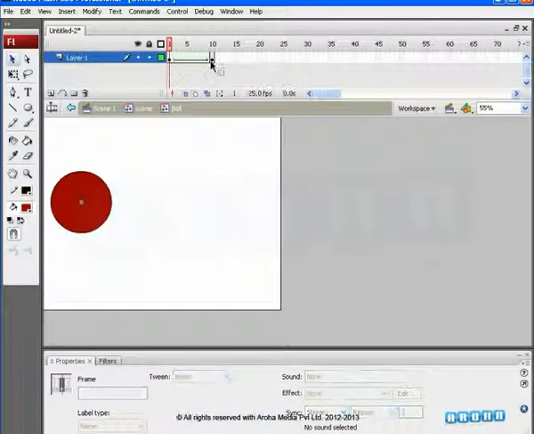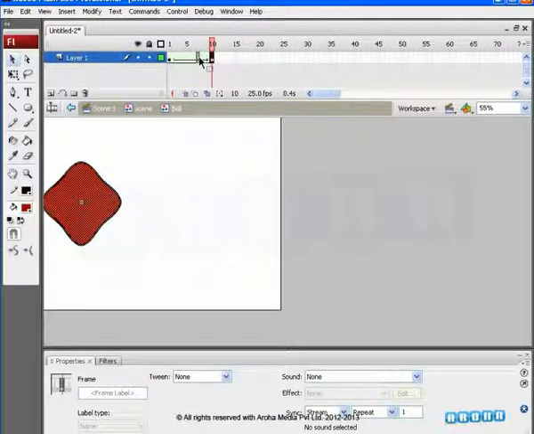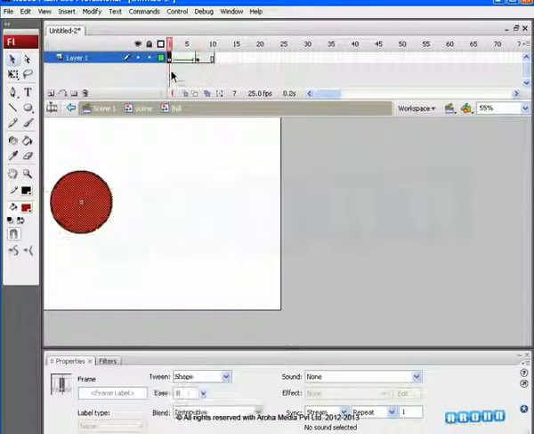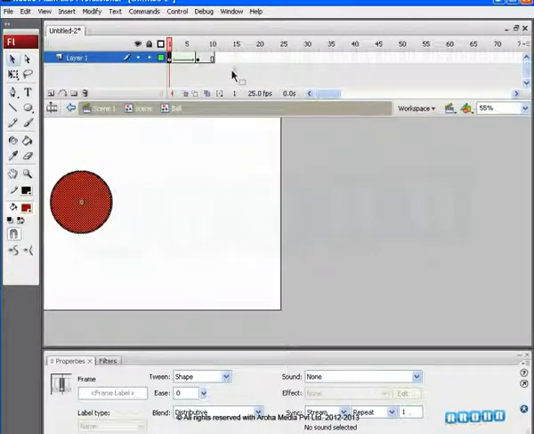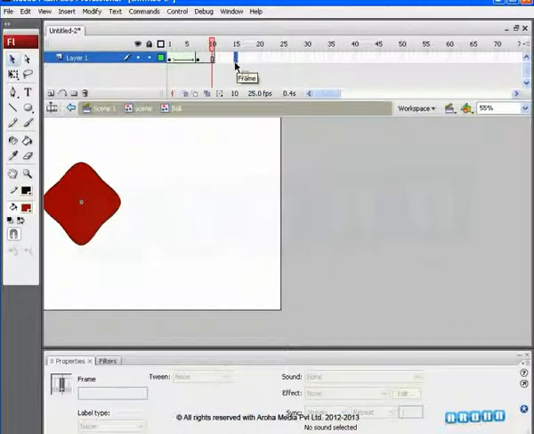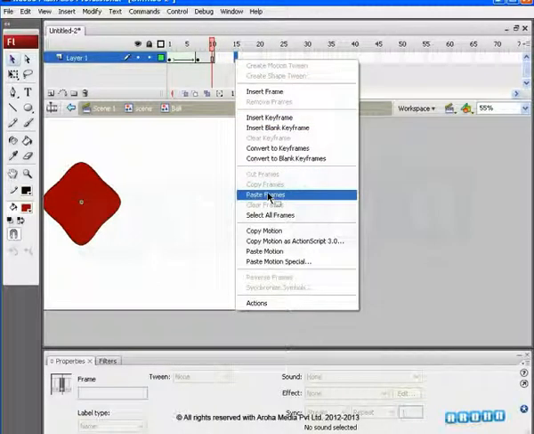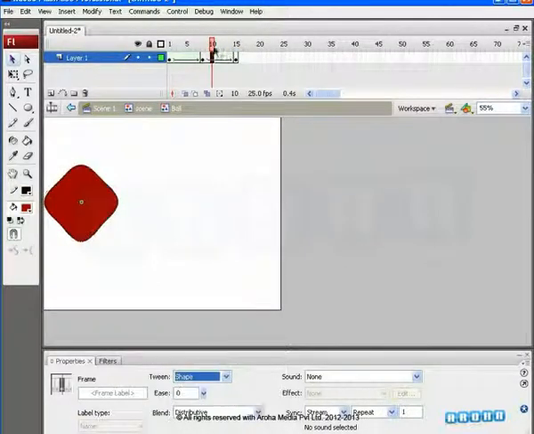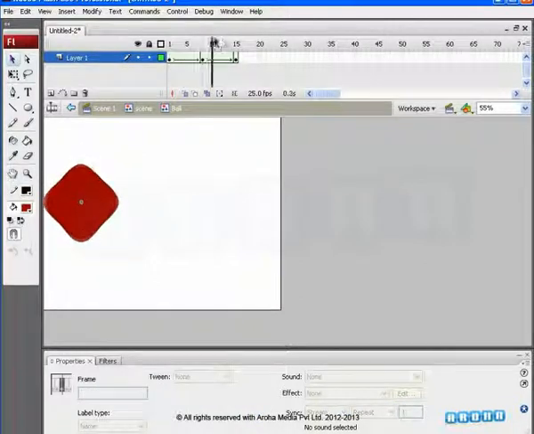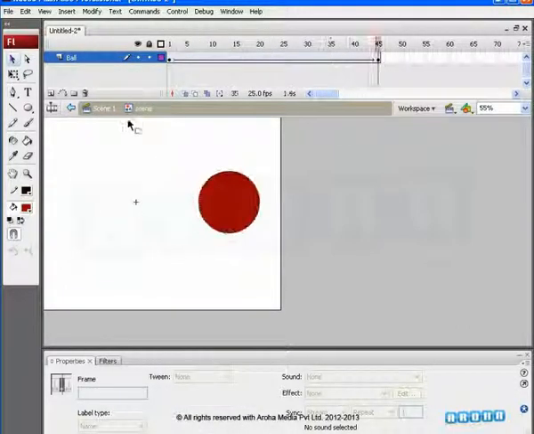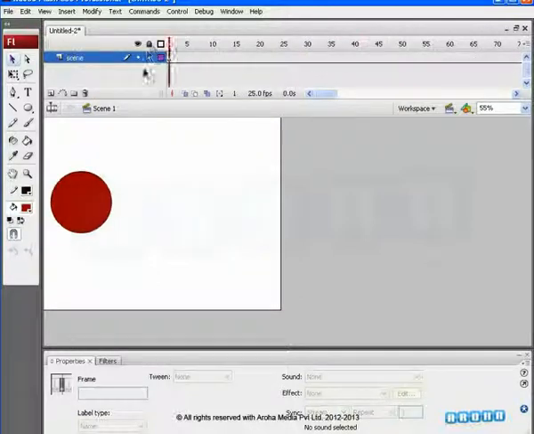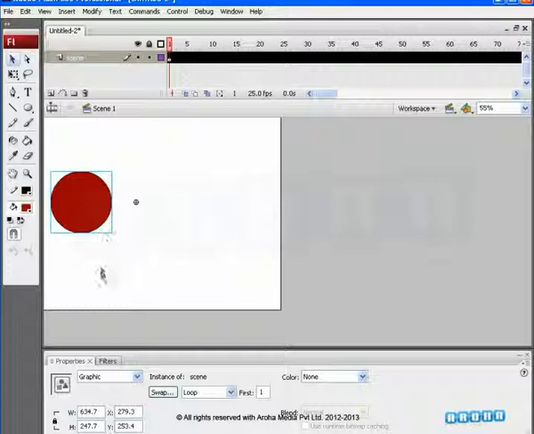Click on the keyframe on the 10th frame, drag it and place it on the 7th frame. Then click on the first keyframe, right-click and select Copy Frames. Now click on 15th frame on the timeline, right-click and select Paste Frames. Give Shape Tween to the frames. Drag the seeker bar on the timeline to see if the animation seems smooth. It does. Good. Now let's check it by going one level up. In the scene symbol, no jerks here either. And now still outside on the main stage. We have chosen the loop function here too.